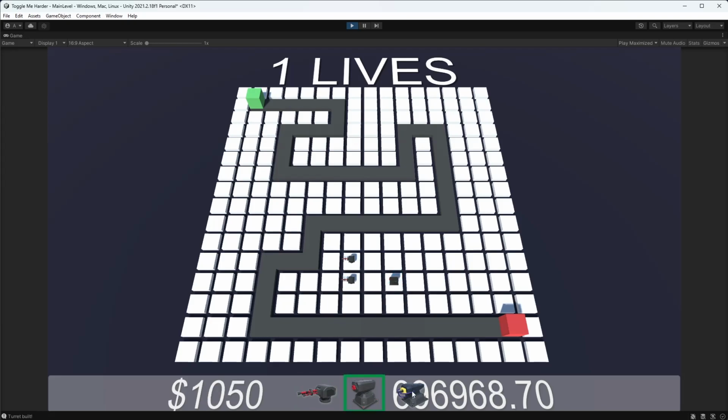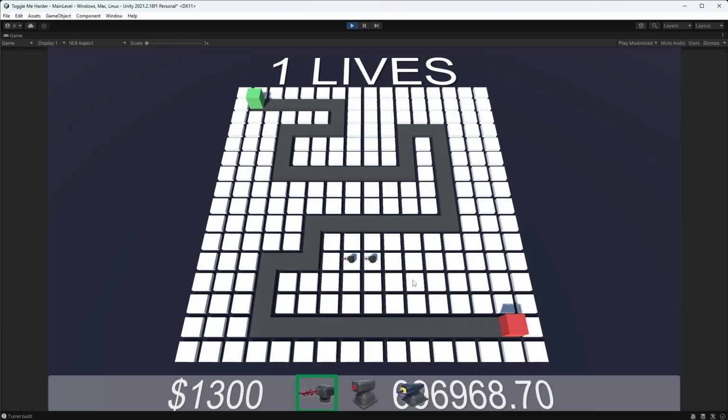And finally, if I click on a new turret while I have a different one selected, it updates the turret to build. Now, if you remember, another way to deselect the turret is by clicking on one of these white nodes that already has a turret on it. Right now, if I do that, the turret to build is set to null, so we can't build anything, but the toggle UI isn't updated. Instead, it looks like we have the standard turret selected to build, but in reality, we don't have anything selected.